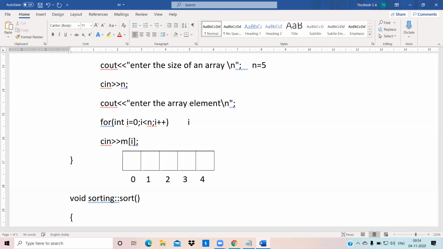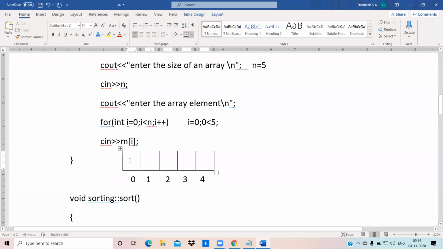First i is equal to 0. 0 less than 5, it is satisfied, right? So now m of i, enter one element, 34. Next i is incremented.